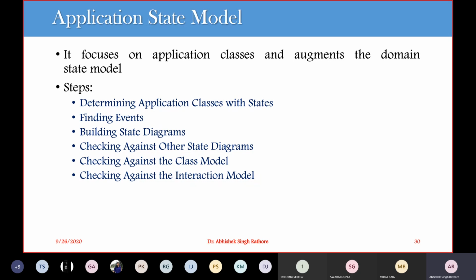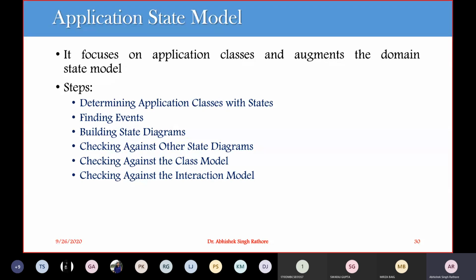Now, these state diagrams are representing the dynamic behavior. They map the dynamic behavior of your objects. These objects are usually inherently concurrent, because an object can take two parallel paths for your values.